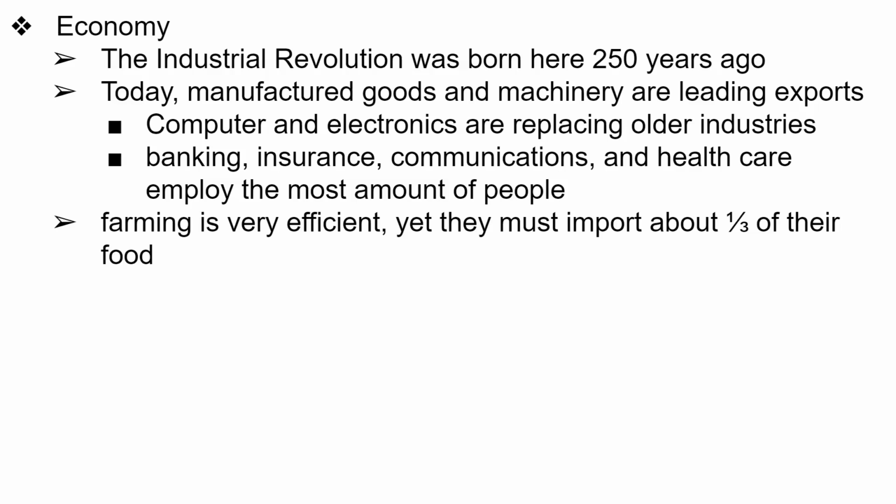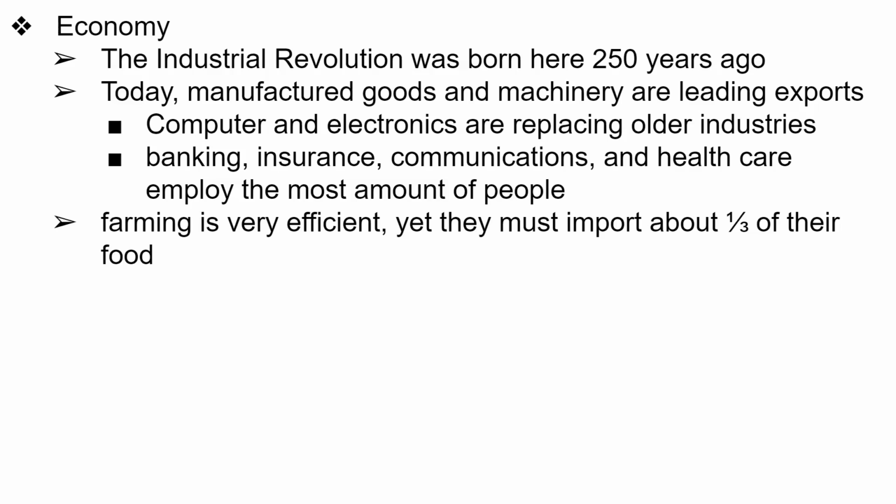Today, manufactured goods still make up one of the leading exports as well as machinery. You'll see especially a lot of agricultural equipment has its headquarters in the United Kingdom and still is largely produced there. Not universally, but certainly some of the companies that you might be referred to in the US have some tie back to the UK. Computer and electronics are also starting to replace some of the older industries, and banking, insurance, communications, as well as healthcare employ the most amount of